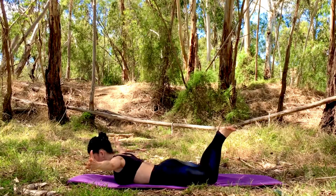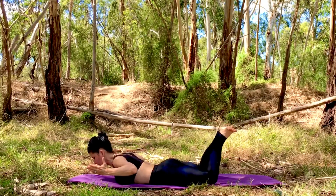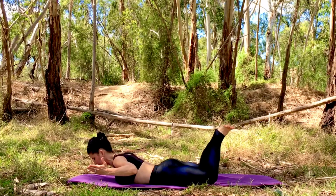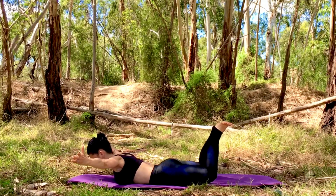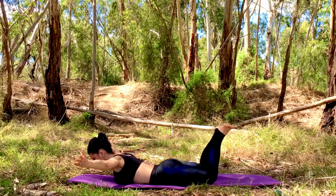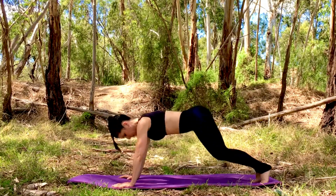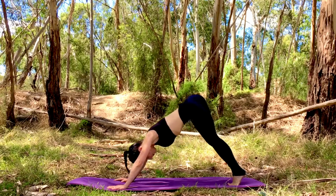Pushing the heels together, lengthening the spine. Bending elbows back to goalpost, 8 thigh lifts. If you can't get your thighs off the floor, don't worry, just contract and relax. And again, we reach the arms wide, T position, thumbs to the sky. Keep squeezing shoulder blades together, lengthening through the crown. And we push back into a pike stretch, stretching the hips high to the sky, lengthening the spine, and coming